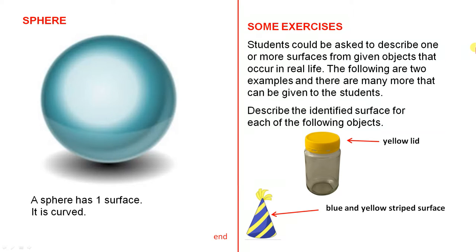Students could be asked to describe 1 or more surfaces from given objects that occur in real life. The following are 2 examples, and there are many more that can be given to the students. Describe the identified surface for each of the following objects. So here we're looking at the yellow lid, and the students would be asked to describe that surface. Here we're looking at the blue and the yellow striped surface, and the students would be asked to describe that